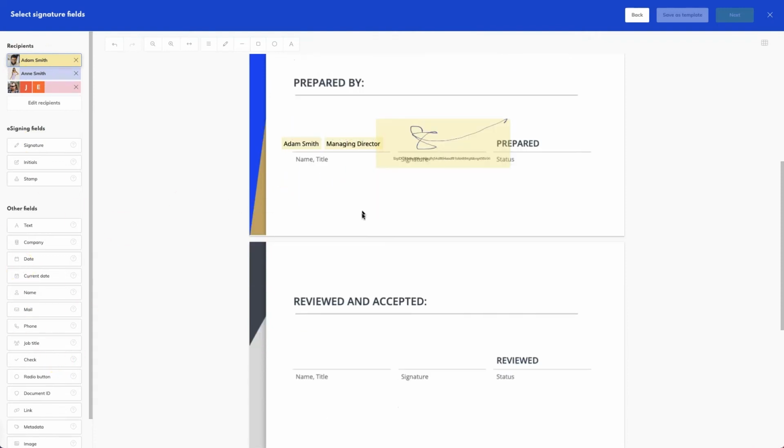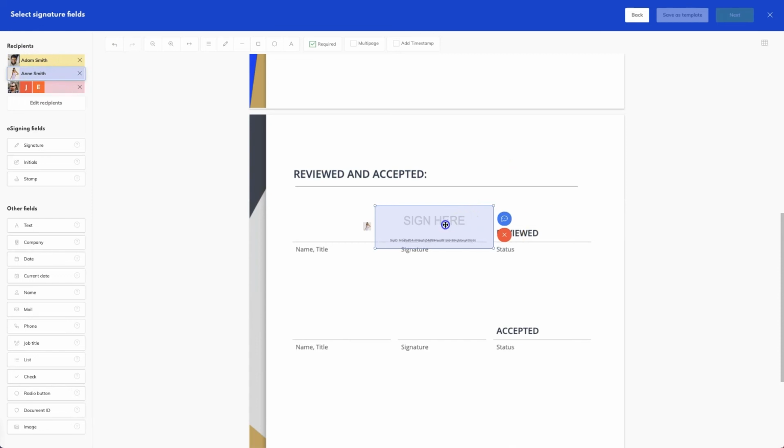And when I'm done with my fields, I switch the recipient in the sidebar and prepare the fields for Anne Smith. I'll place the field for her signature and also add her name and title, which she can enter herself, and then I'll move on to the group.